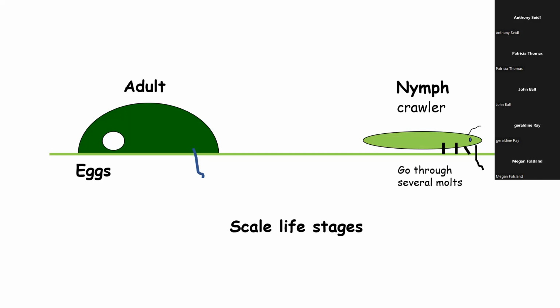Now, they're going to go through several molts. So we often see that the first instar, the first phase of the nymphal stage, is the one that is mobile and runs about till it finds a place to feed. And then the second one may be a settled crawler. And then finally, they're completely settled and do not move at all. Some scurry about during their entire nymphal stage, and some, after as short as a week or two, have found a place to feed, and they'll sit there, gradually lose their legs, their eyes, their antennae. Again, they're becoming the couch potato, and then become the adults.